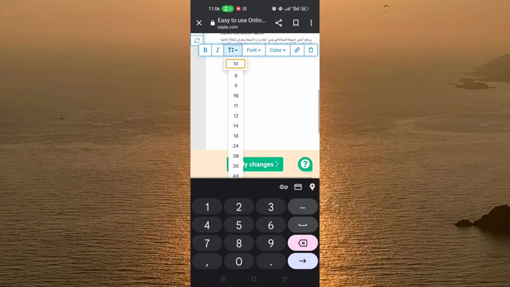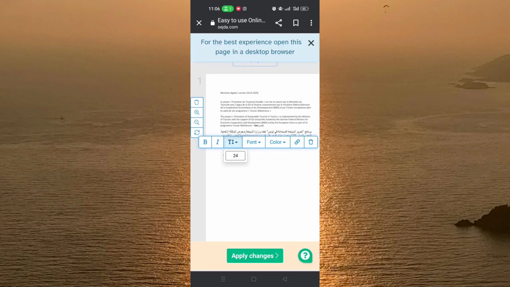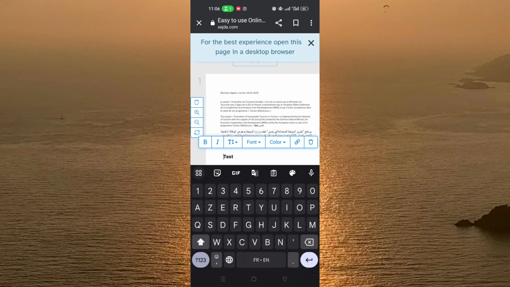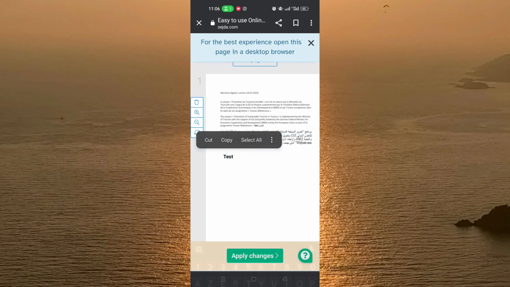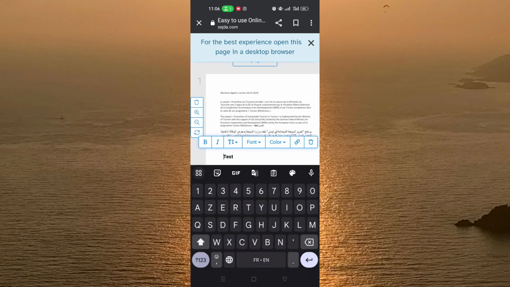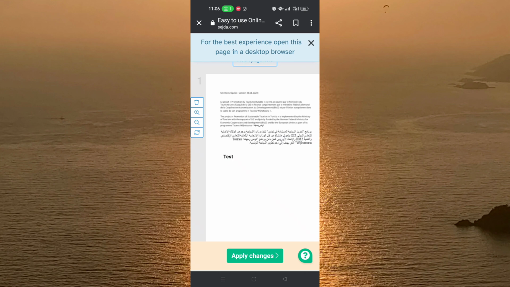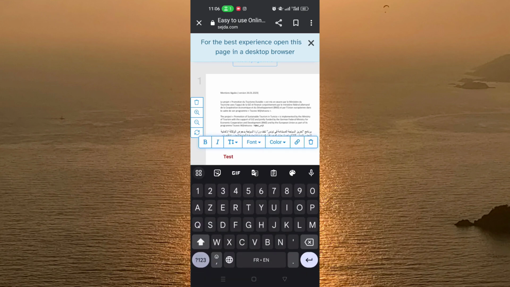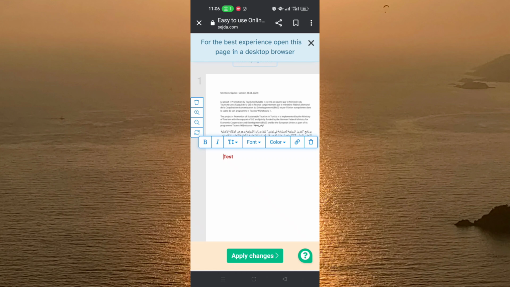You can choose how big your writing is. You can change the color, you can change everything. You can do whatever you want with it, as you see here. Like you can change the color to another color, to red or to any other color, and do whatever you